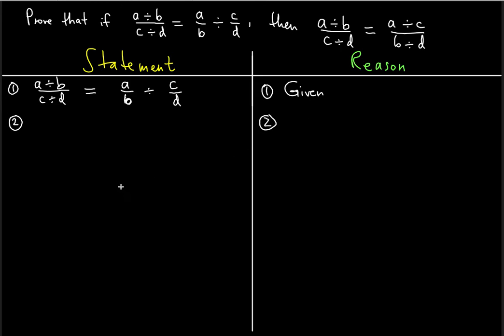we have to basically work the right side. Okay, we're going to keep the left side as it is, we're going to work the right side, and we're going to transform the right side into this somehow. So we're going to copy down the left side always, and we're going to change the right side depending